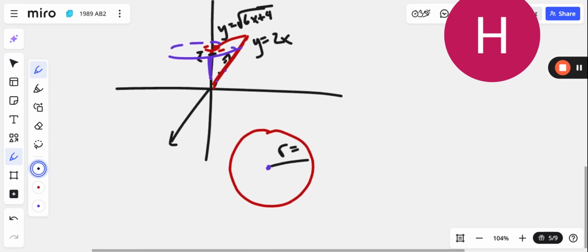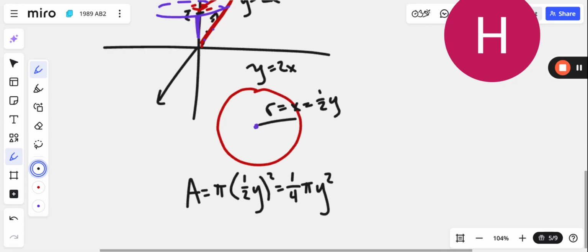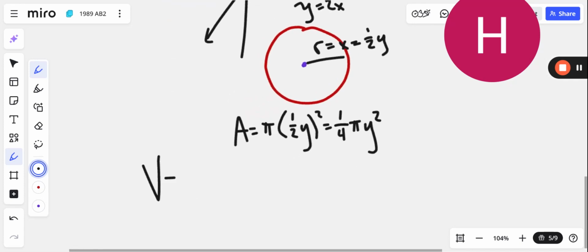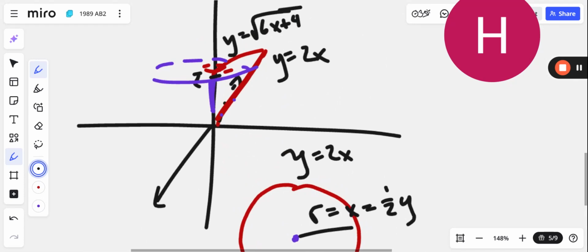So we have to convert the equation y equals 2x into x equals 1/2 y. And so the area of each of these discs is pi times (1/2 y) squared, or 1/4 pi y squared. And therefore the volume of that piece is pi times the integral from 0 to 2. Again, that's where this sort of boundary, the y-axis boundary, it cuts off, and then it's no